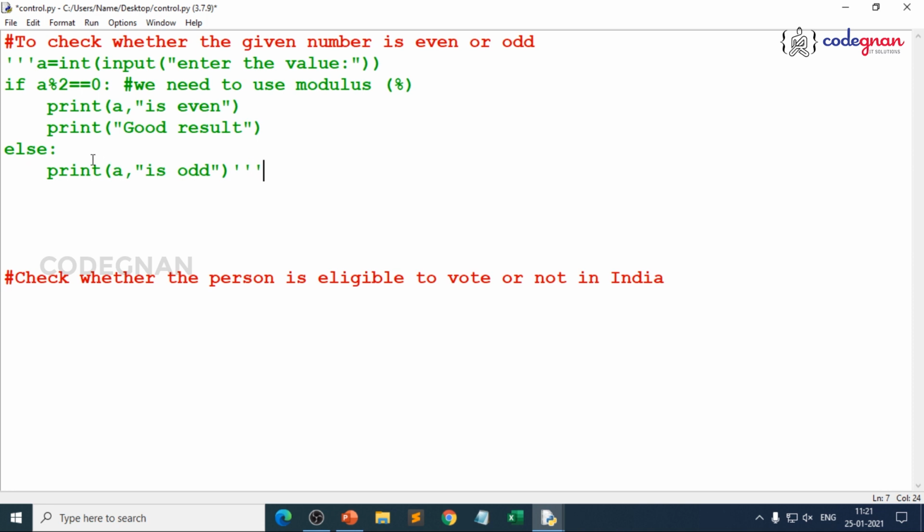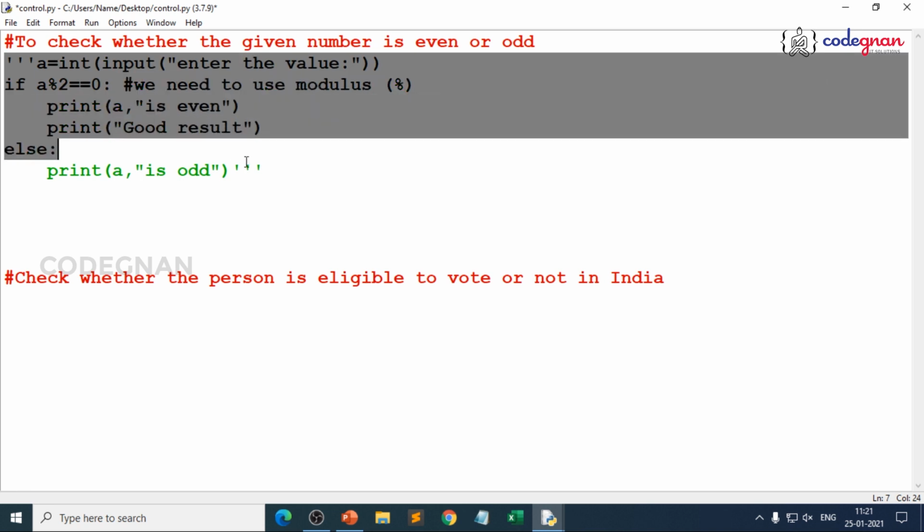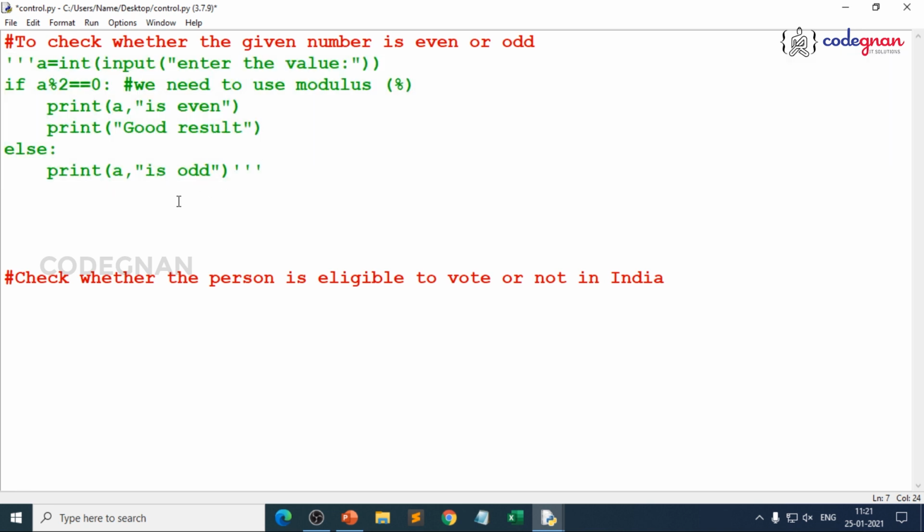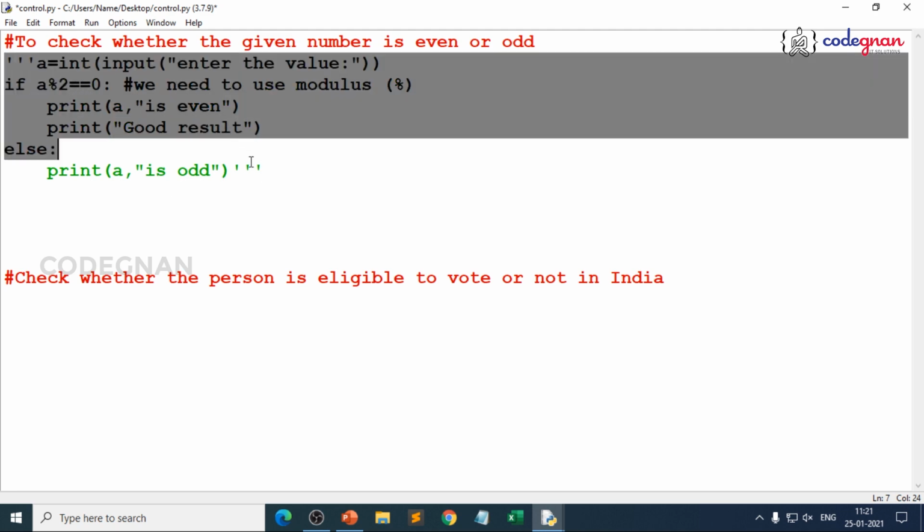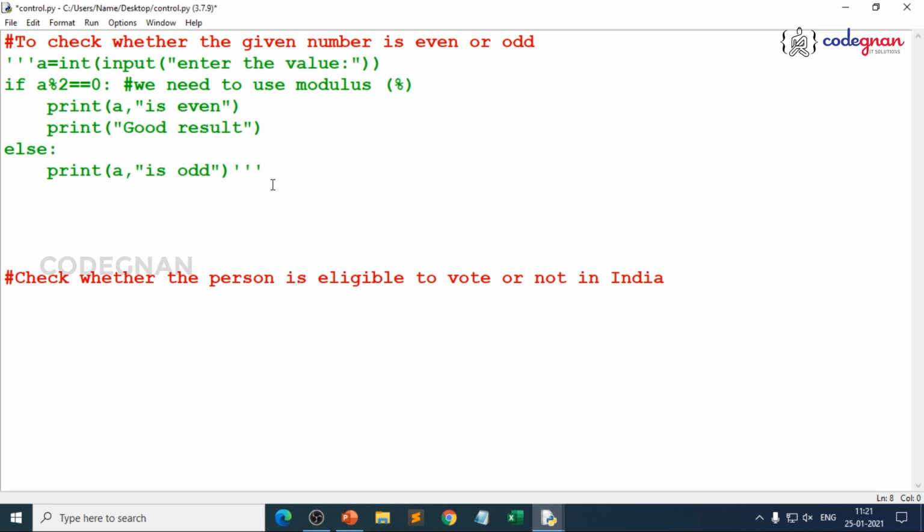But if you're not assigning it to any variable, it is just regarded as a description. You can understand it as a multi-line comment, but there are no multi-line comments in Python. You have only single-line comments. We treat it as a multi-line comment because the interpreter treats it as an unrelated part and does not execute it.